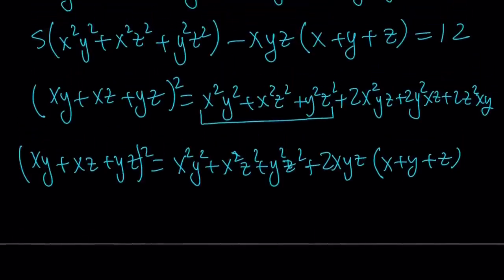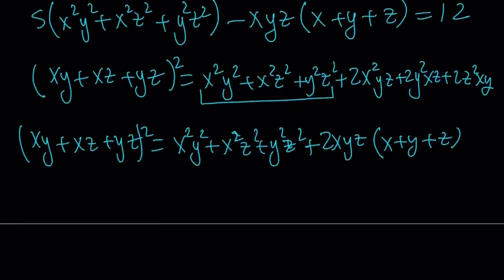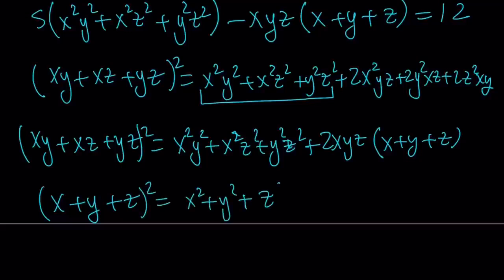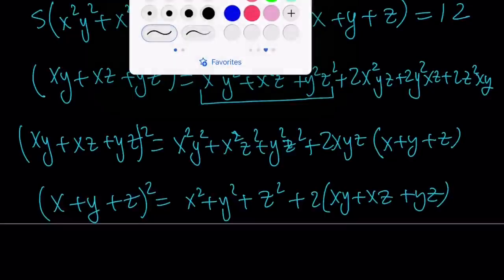But here's the thing. From here, I would also need to find out xy plus xz plus yz. So let's go ahead and square x plus y plus z now. That gives us x squared plus y squared plus z squared plus 2 times the quantity xy plus xz plus yz. So maybe I should do this first, but anyways, in this case, we're going to find, oh, not that,